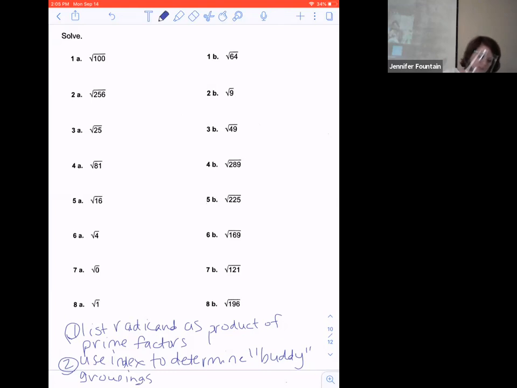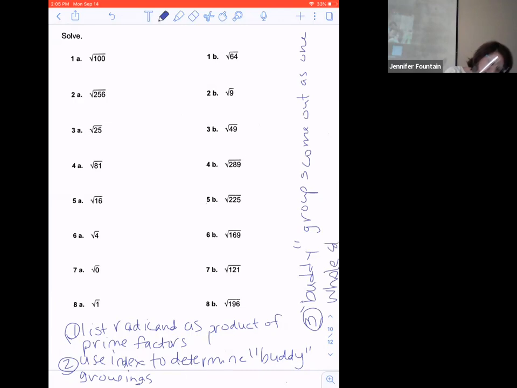I'll come over here and write 3 since my page is running out. And then number 3, my buddy groups come out as one whole